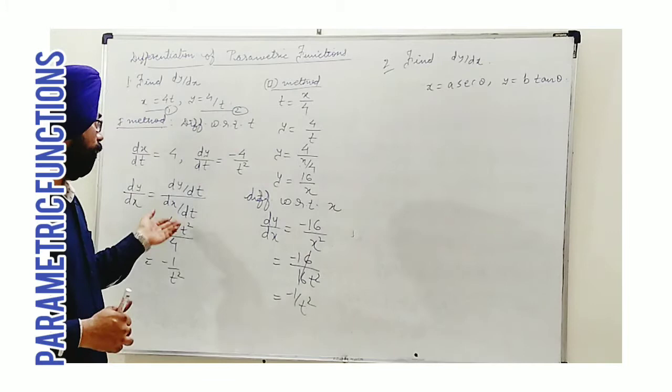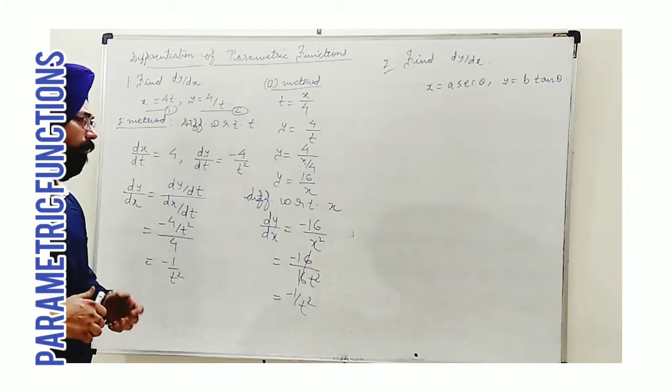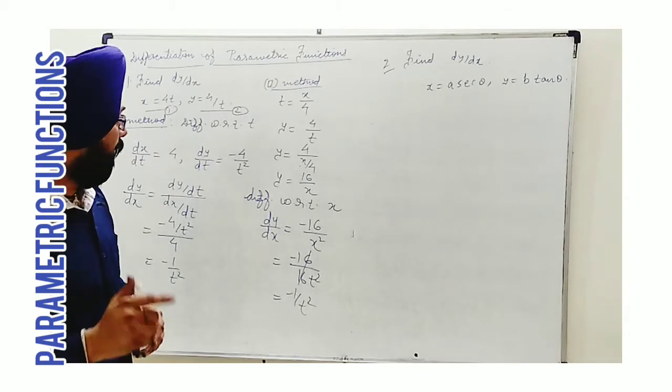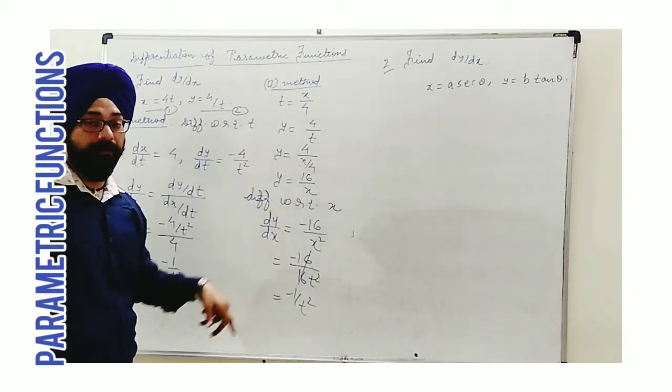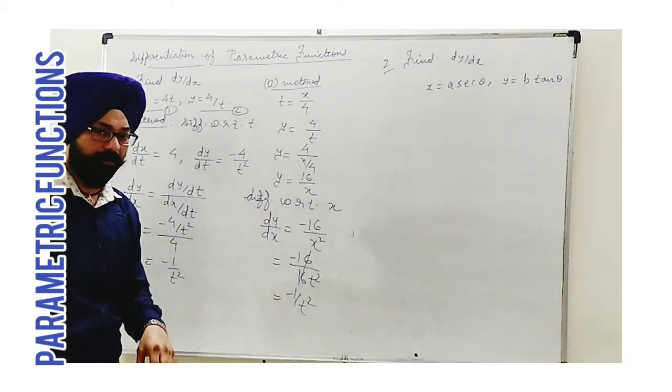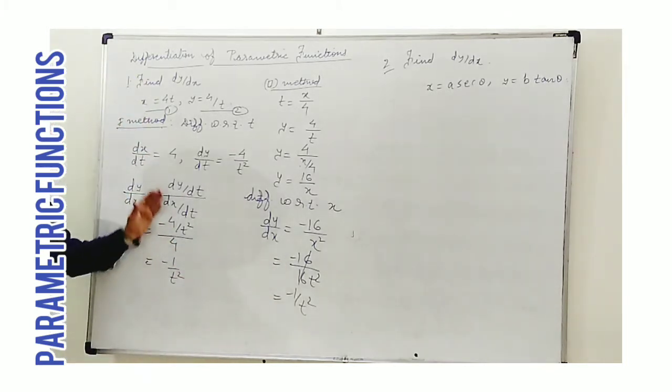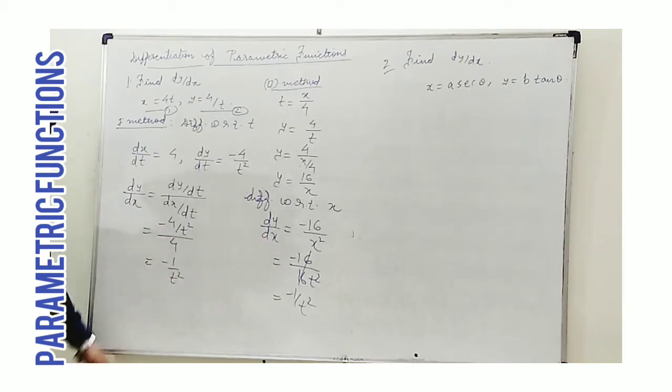Okay, so these are the two ways if we want to apply. But I repeat my statement, every time conversion to implicit form will not be possible. It will not be convenient actually. That will be possible but not convenient here. So better if you learn how to do this directly using this formula. Then I expect that we can solve the maximum number of equations. Now we will switch to the next question.